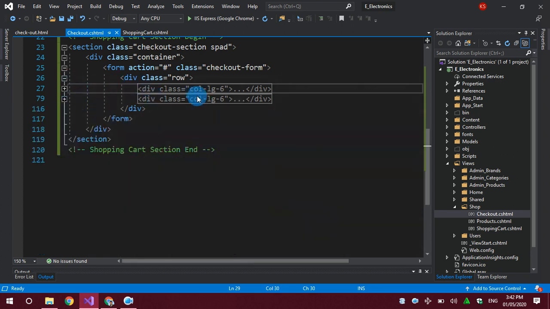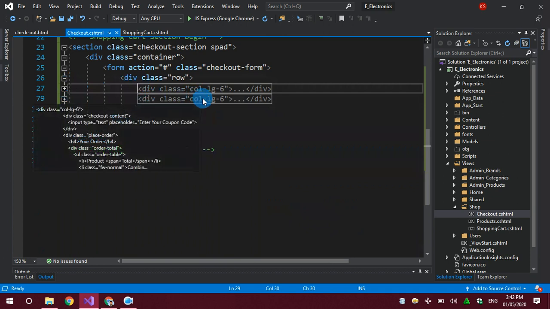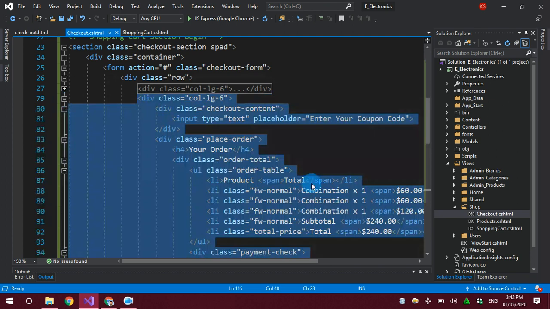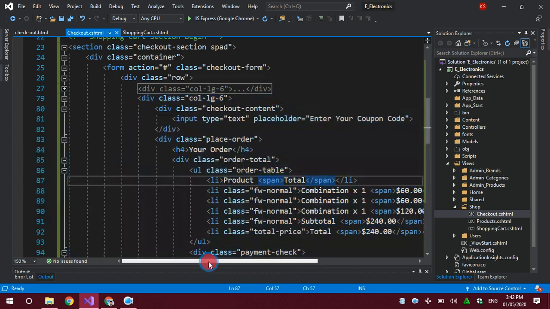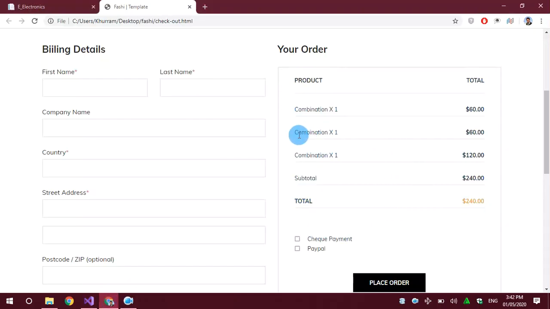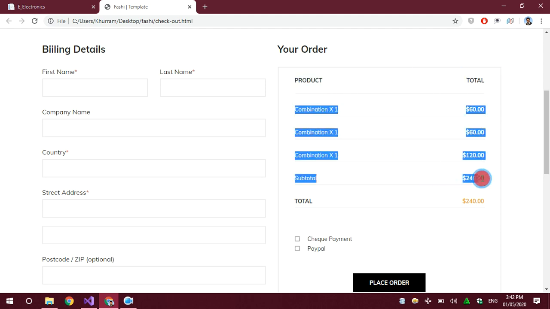First of all, I will show the user which order content he has purchased. Here is a list of items. The product is being shown by using a simple list item. The first item is the top list item, another one is the repetition of the top item, and then the total.